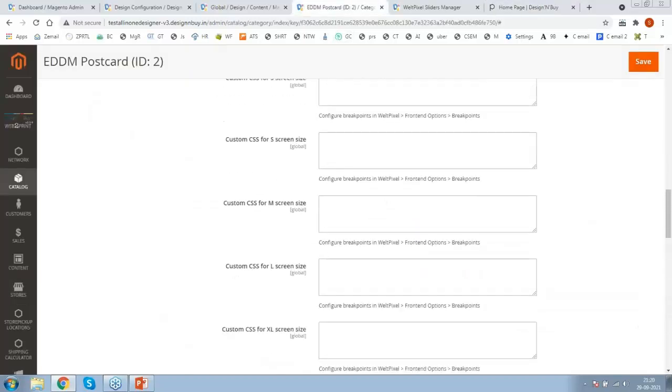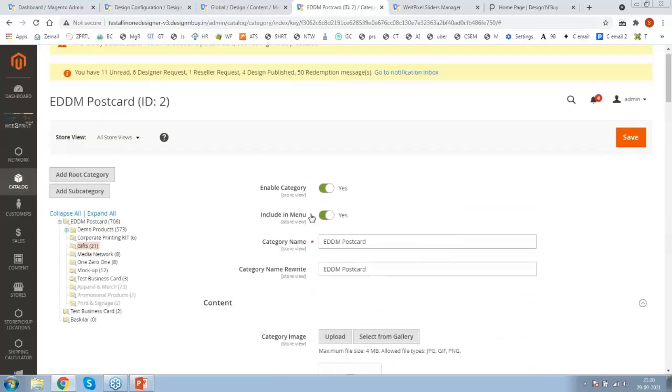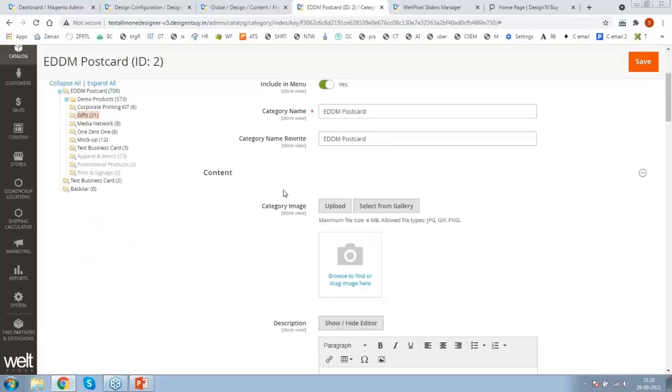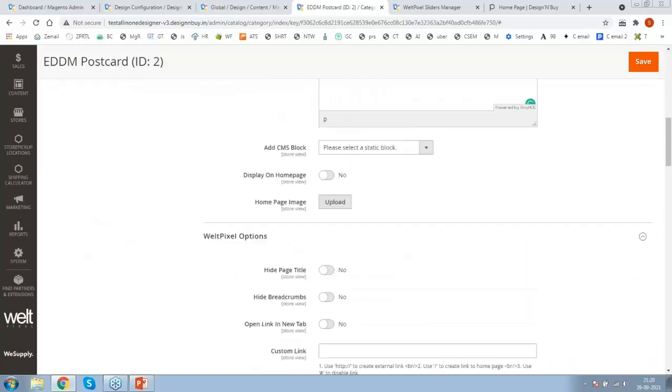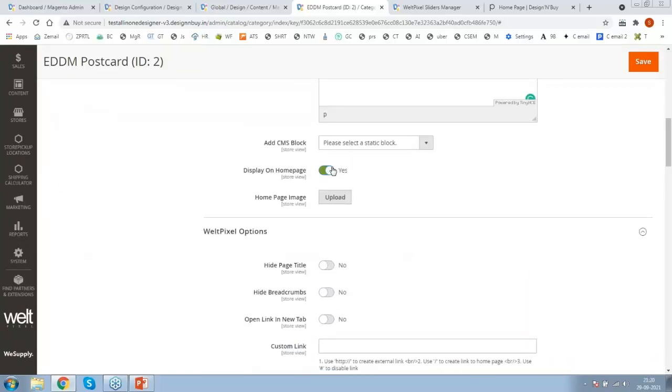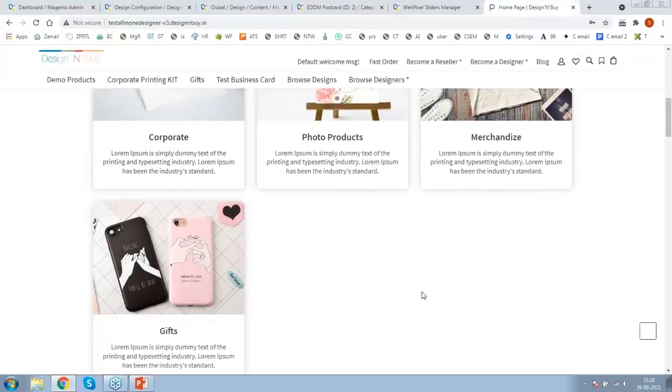So let's say I want to manage the EDDM postcard category. For that category, you will be turning on this display on homepage button, and here you can show a similar-sized homepage image. Once I upload the image, my category will be displayed over here.